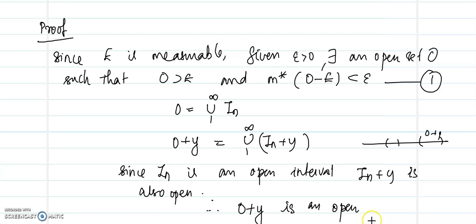Now നമുക്ക് O plus y വരുന്ന പോലെ we will construct this result. E plus y ഉം O plus y ഉം വരുന്ന പോലെ, if we can obtain a result of this form, then we can conclude that the given set is measurable. So let us show a result of this form. So therefore O plus y